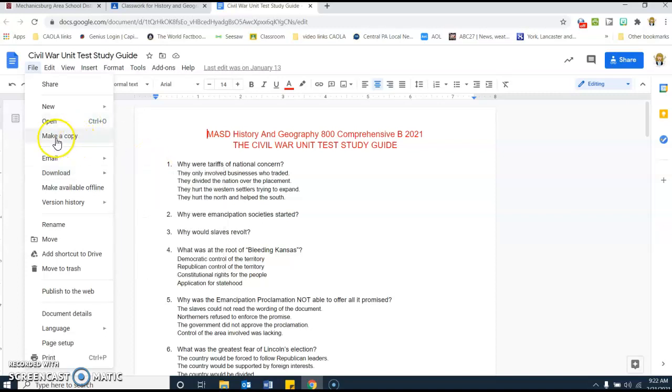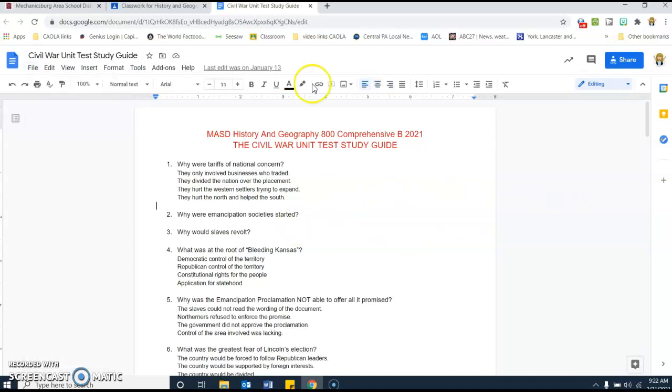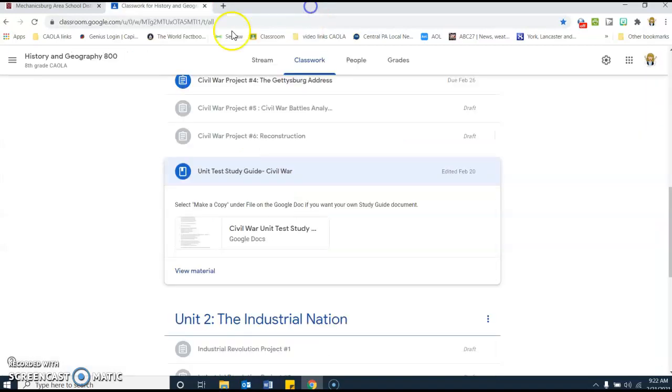So all you do is choose Make a Copy, and then you'll be able to type right into it and make whatever changes that you want into your study guide. And then you can use the study guide as much as you would like when it comes time to taking the unit test. So those are the instructions for how you make a copy of your study guides for this